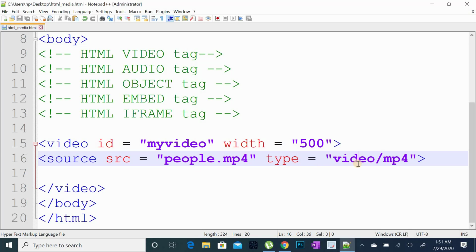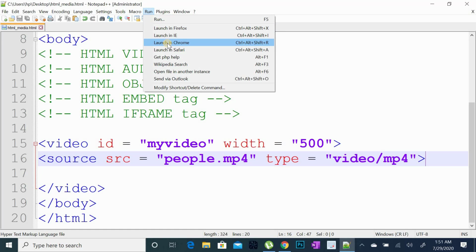And the type I have given is video/mp4 because this is in the format of mp4. If your video is in the format of avi or wmv, then change it to that extension. So it depends on what video you have. Now in that case, if I launch it in my Google Chrome,